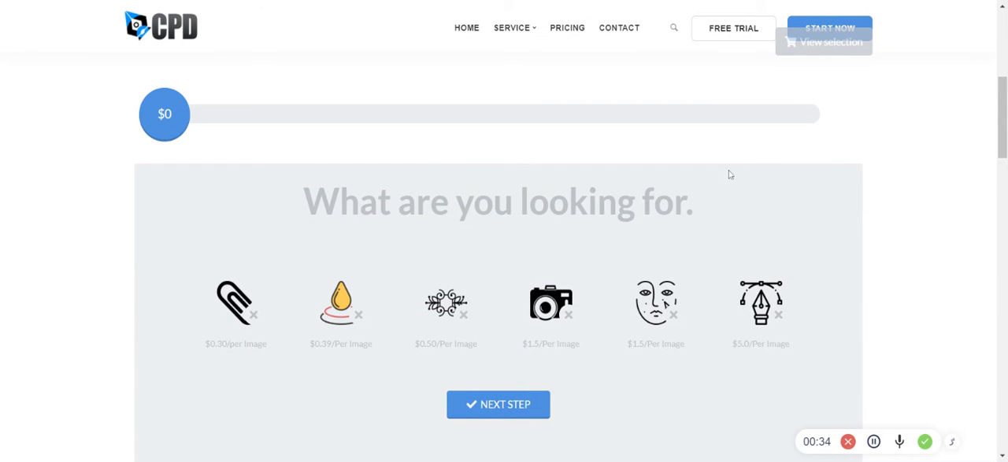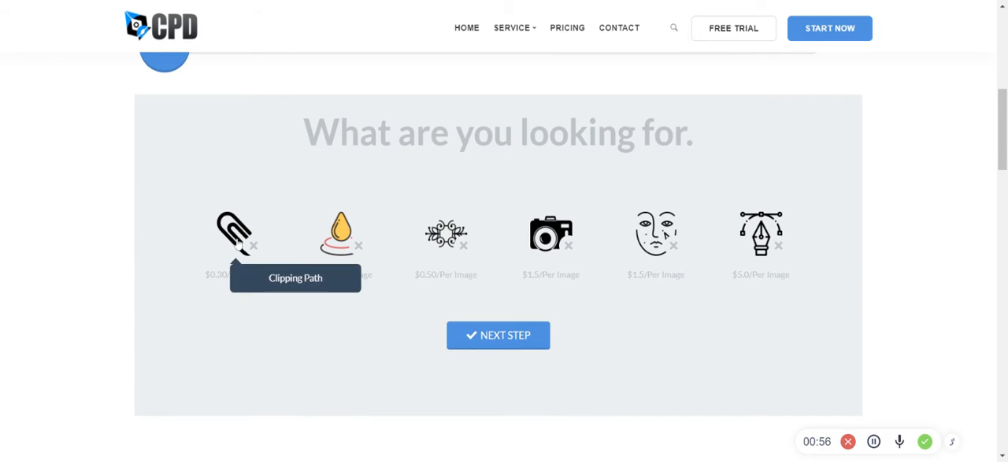Like, what are you looking for? If you're looking for clipping path, if you put the cursor here, you can see clipping path with drop shadow, mirror effect, photo masking, retouching, and vector conversion. First of all, let's start with the clipping path. I'm selecting clipping path, and next,